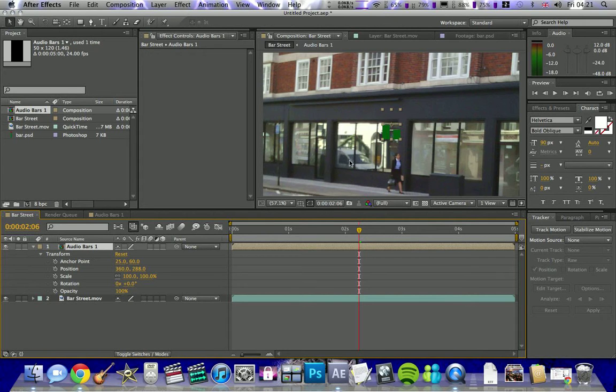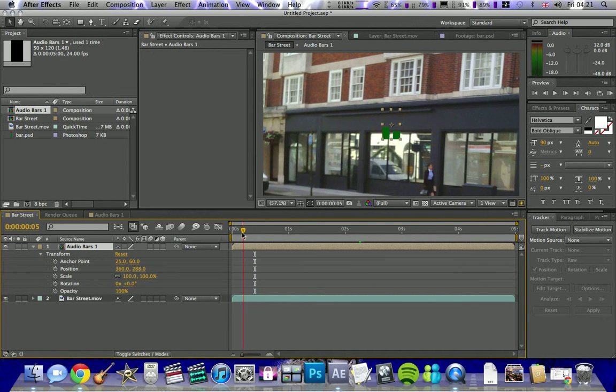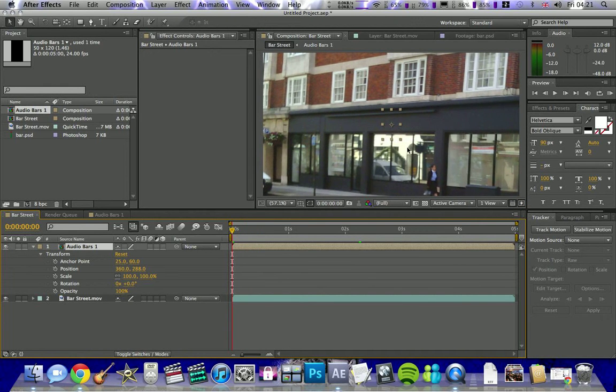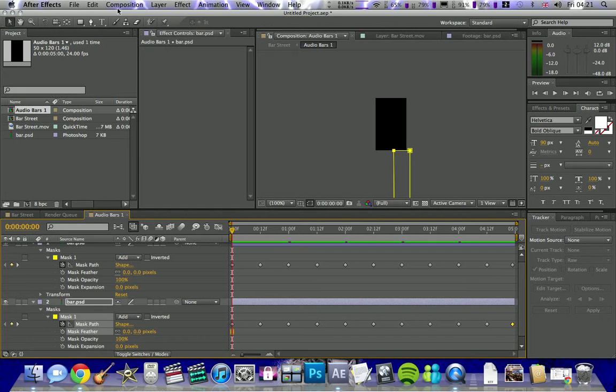Right, so I've got your audio bars on your footage. The next thing you want to do is position it into this window here. So first up, move it like that. If it makes it easier, go onto your